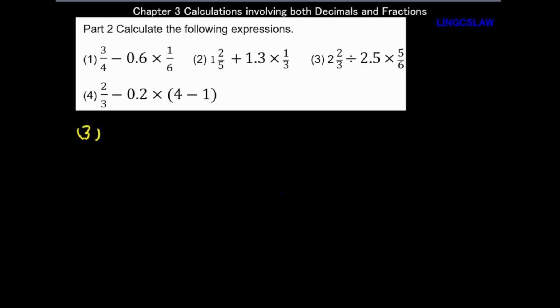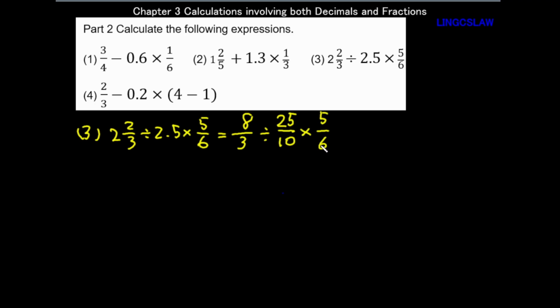Number 3. 2 and 2/3 divided by 2.5 times 5/6 equals. Denominator 3, and the numerator is 3 times 2 plus 2 equals 8, so 8/3, divided by 25/10, times 5/6 equals 8/3 times